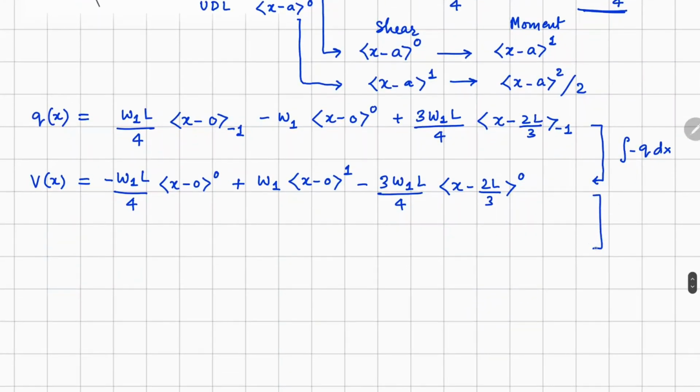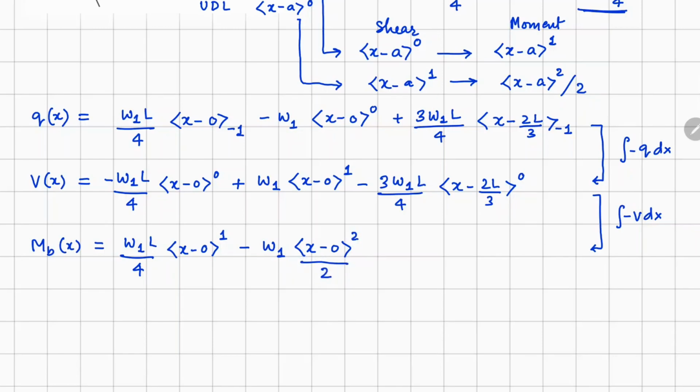Now from here to here, for the bending moment, we can again integrate this with a negative sign. So we get M_b(x), flip the sign, so W1 L divided by 4, integration of 0 will give you 1 here, plus or minus here because of sign flipping, x minus 0, integration gives you square divided by 2, flip the sign again, so W1 L divided by 4 and x minus 2L over 3, this integration gives you